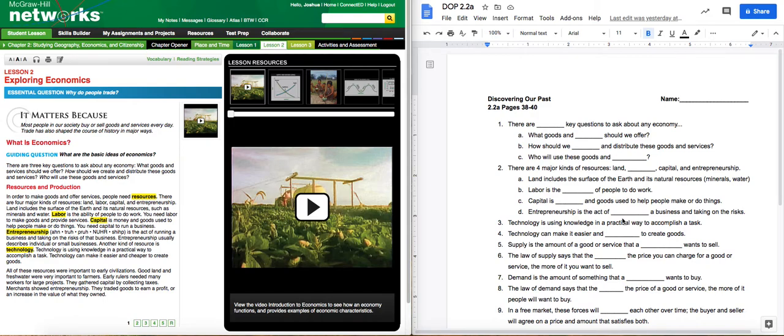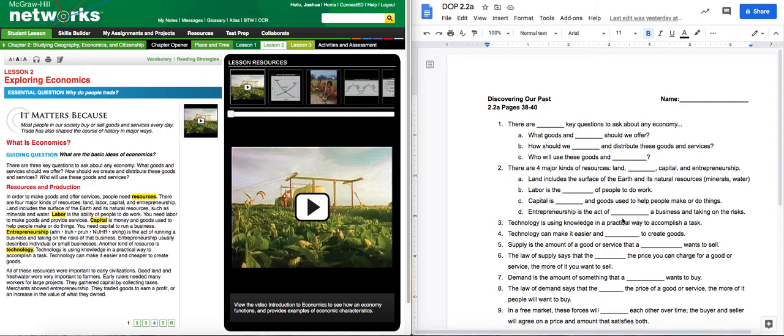You actually have to listen to every single person that walks in that business, because if you don't listen to the people who are buying, you will be out of business. If you don't work enough hours to make enough money, you will be out of business. And so it's a huge risk with running a business. We always think of the awesome side of that, like, I make all the money. You certainly do. And so if you can figure out how to run it and make really good decisions, it can happen with that. Okay, technology is using knowledge in a practical way to accomplish a task.